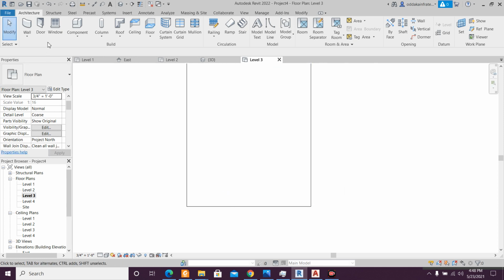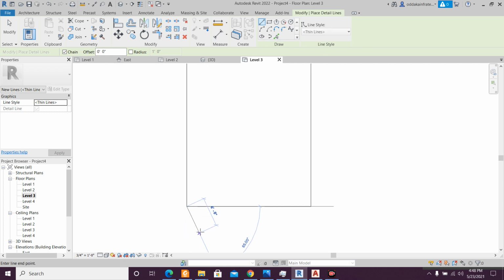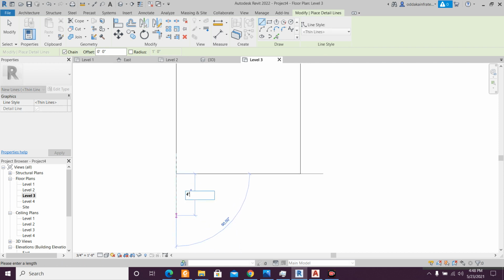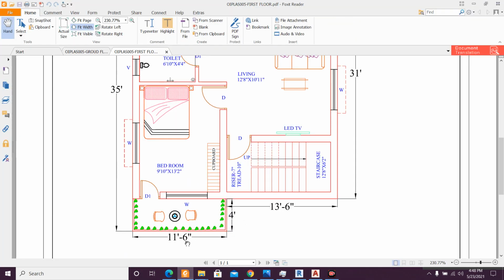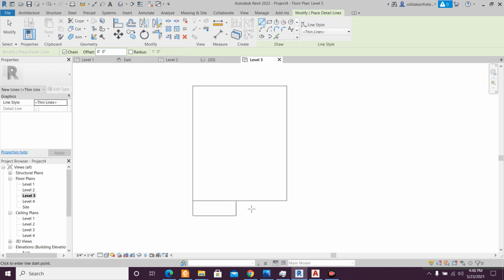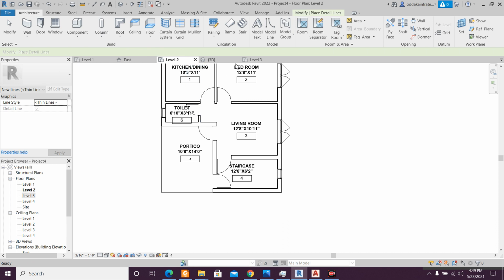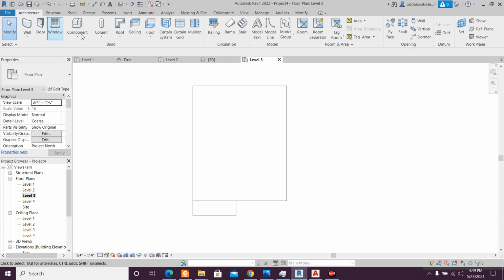and go to the portion of your annotate detail line. Can I have a 4 feet line here? Very good. Can I have a 11 feet 6 inch line here? Very good. Joining, can I join it here? Definitely I can join. And then can I go to level 2? Sorry, not level 2, I'm in level 3, going to my